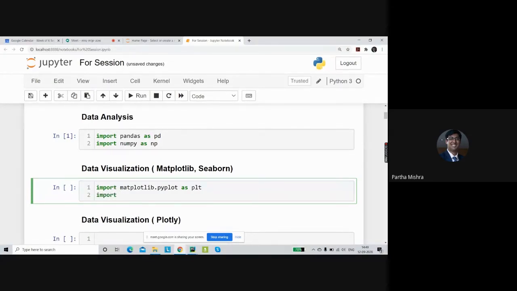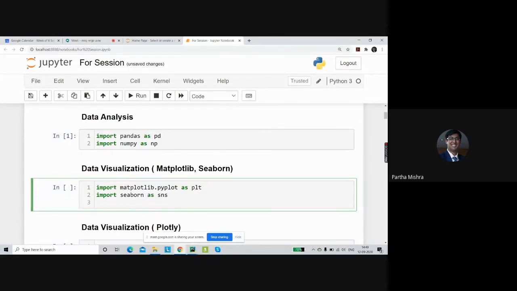Seaborn has been imported as SNS. And now if we really want to look at the graphs inside the Jupyter Notebook, we need to use this function called matplotlib inline.